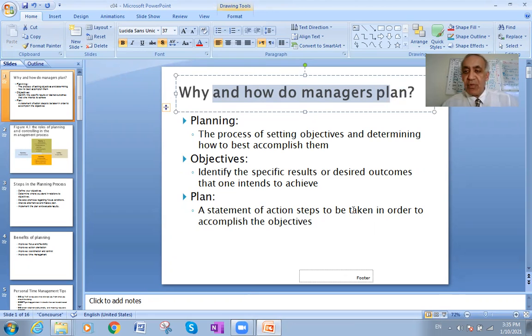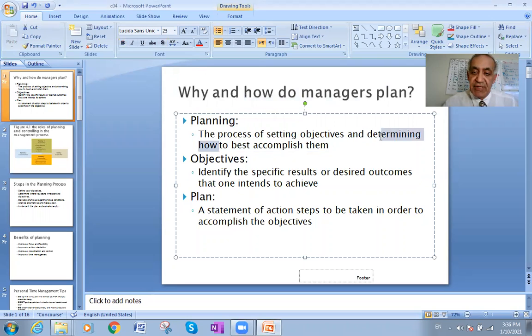First, we have to know the meaning of planning. Planning is taking decisions today based on the past, based on yesterday, for the purpose of tomorrow. So planning means forecasting. Planning means checking out the future, how it looks. Planning is the process of setting objectives and determining the best ways to achieve these objectives.